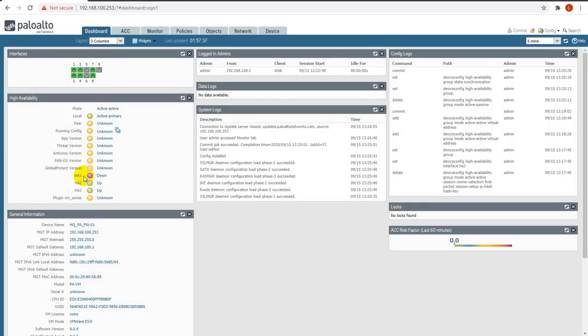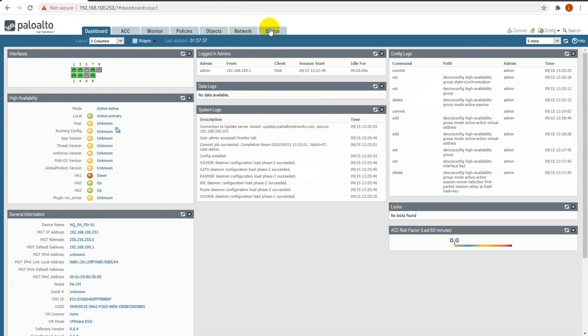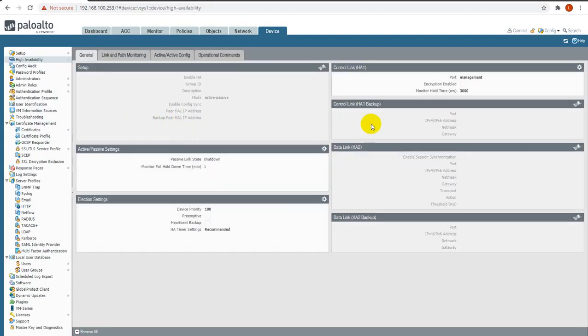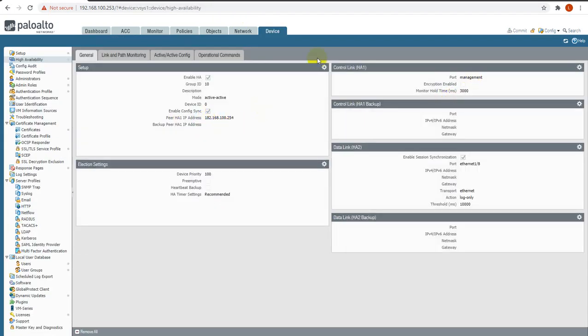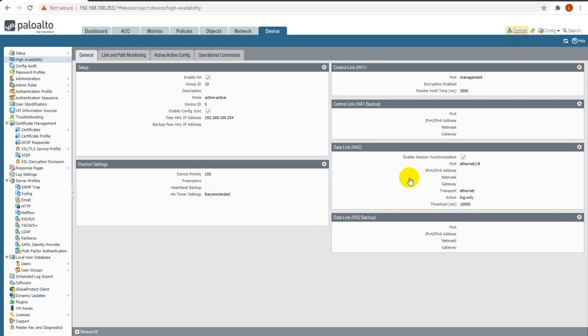Okay guys, as you can see here, our HA1 link is showing down. So I think there is some configuration mistake. We have to once again check the configuration of HA1. This thing is enabled, this thing is okay, no problem with this. So now we have to check on this device. Oh guys, there is an IP address mistake. This one is showing 82, this one should be 92. Now let me commit.